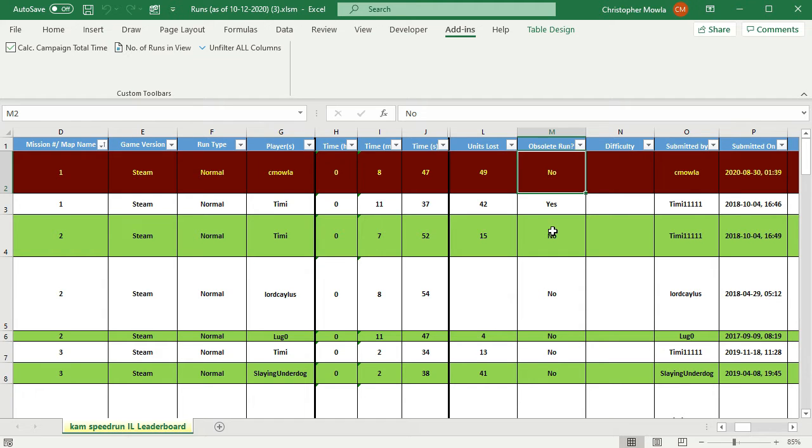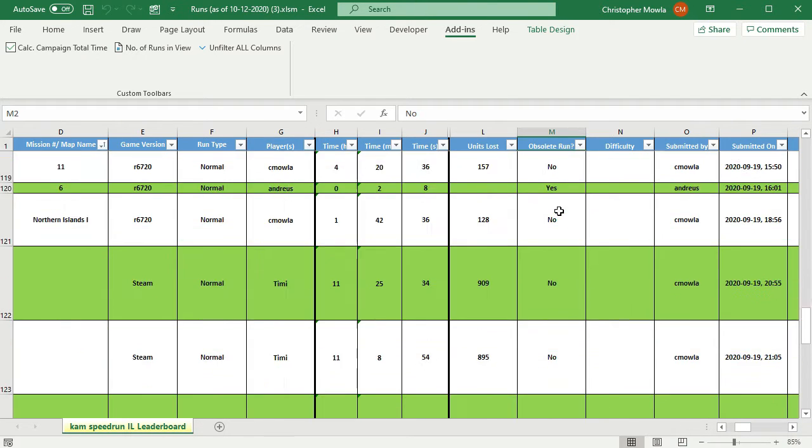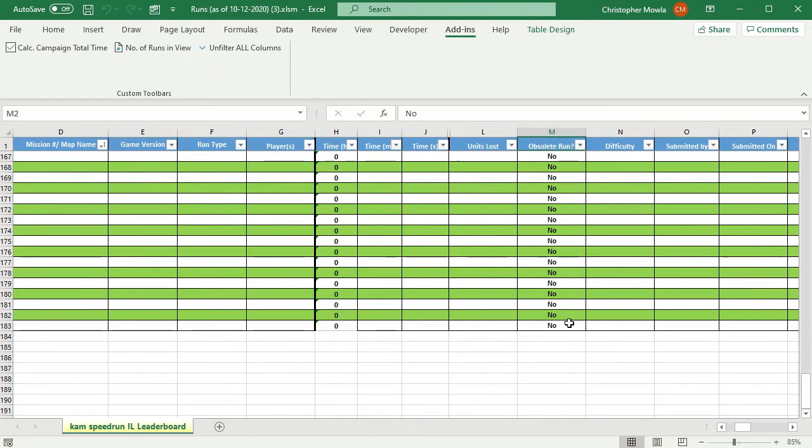It's speedrunning. So if a time is slower than another time for the same mission number, the same game version, the same run type, and the same player, then that run is going to be obsolete. The faster run, the quicker run, is going to be not obsolete. So obviously, no means that run is currently the lowest run by that player, and so forth. And it's a hassle to try to keep track of this yourself as you're inputting runs, as we'll probably have several moderators in the future